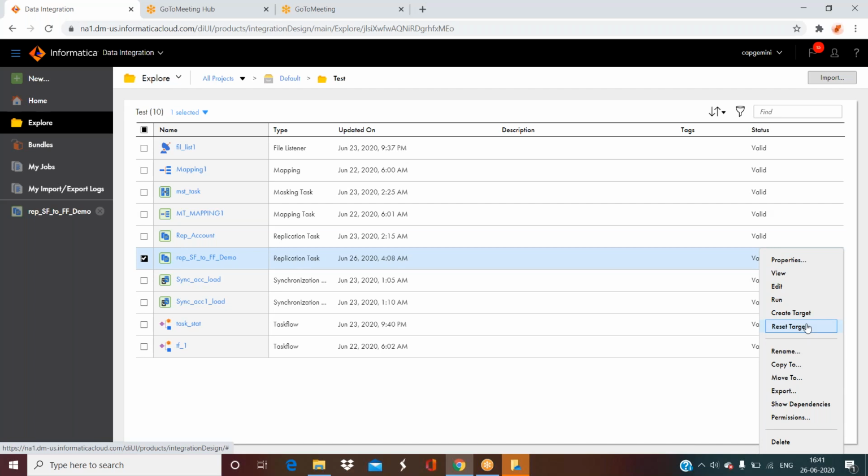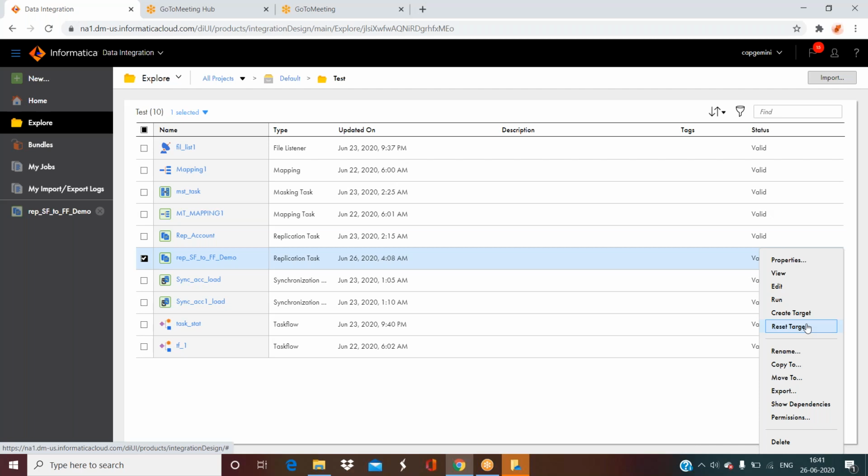When we use this option, let's say my replication task is scheduled to run every day. And if you change the precision, data type, or scale of a source field, then you'll get an error when the task executes. Something got changed in your source field, like data type or precision scale.